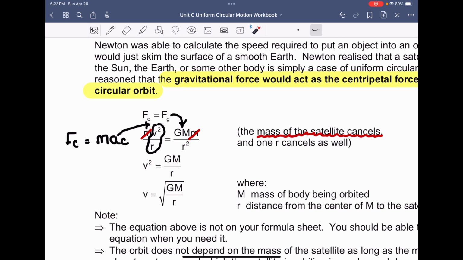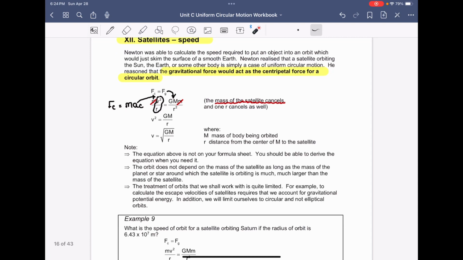So if you're ever asked for speed, or you're given information about speed and asked to solve for something like a mass or a radius, you need to use this variant, or this definition. And what you could do is just take a mental screenshot of this and be like, okay, when I'm solving for the speed, the tangential velocity of an object in orbit, it has to be solved using this. But if it was a written response, most of the time I'm going to get you to derive this so you can actually show me where you're getting this speed from. Okay, now